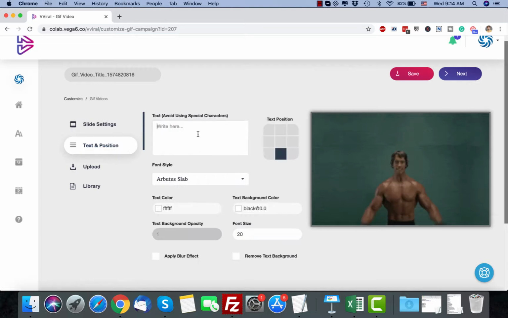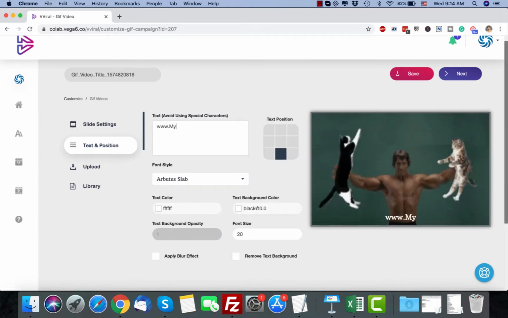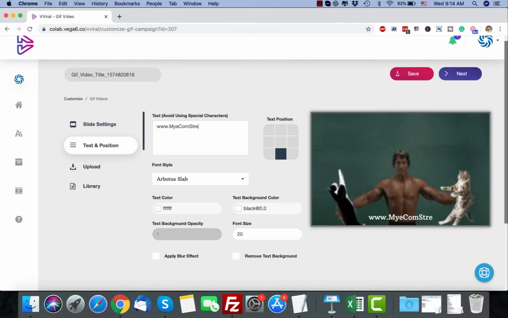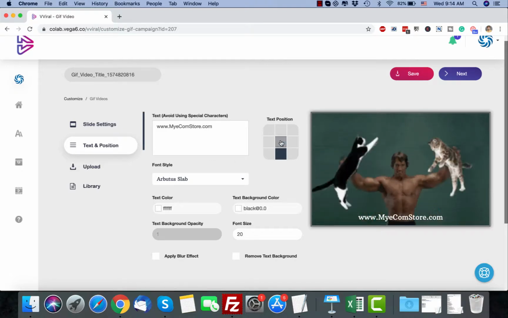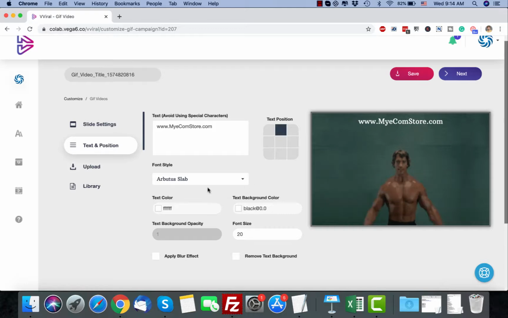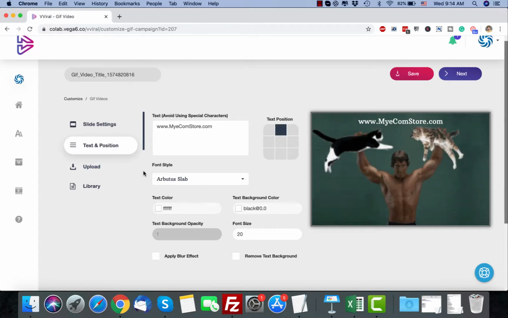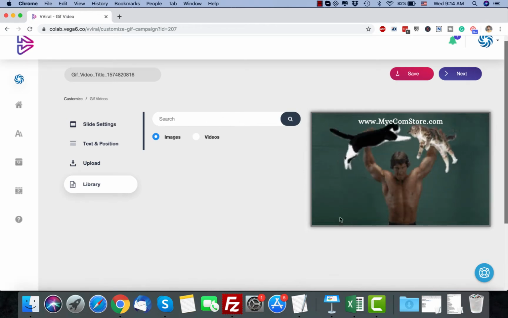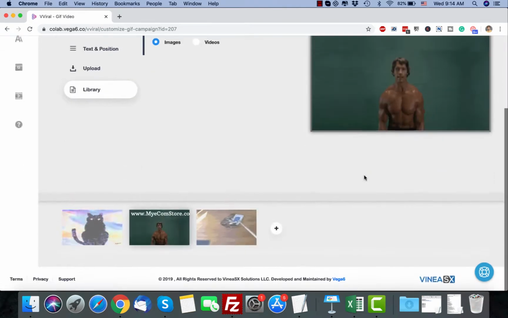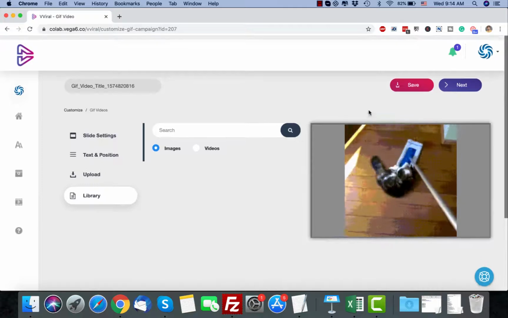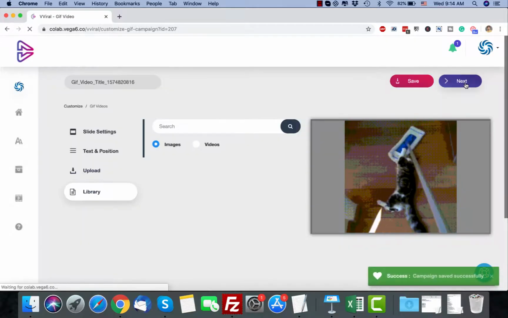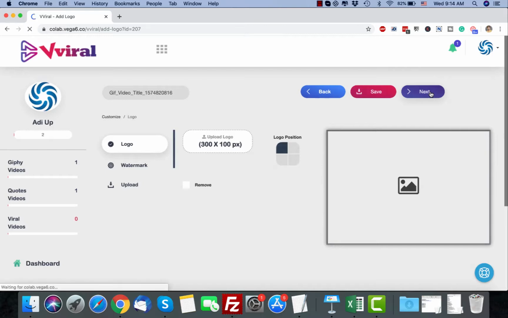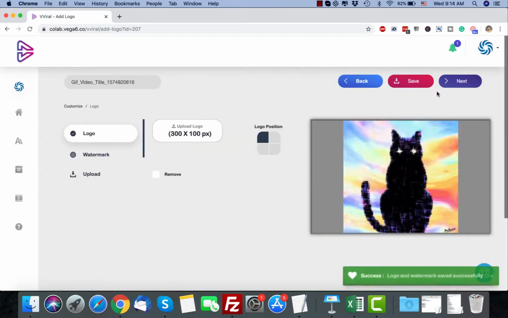We can add our own text, my e-com store, put it up here, put it up there. We can customize pretty much the same way, the way we did in the coach. We can also change this background image if you want to do that. And once you're done customizing, you go to next, you add your logo, you add your watermark. Then once you've done that, you click on next, you add your